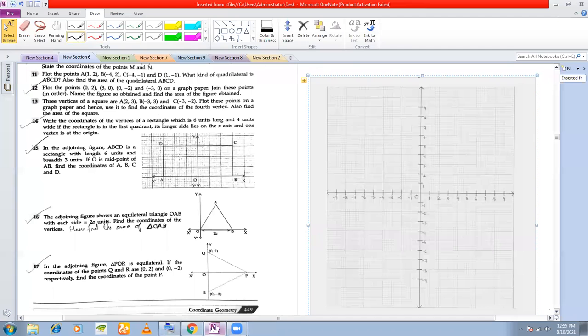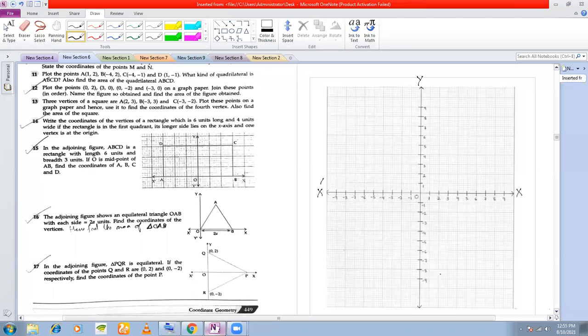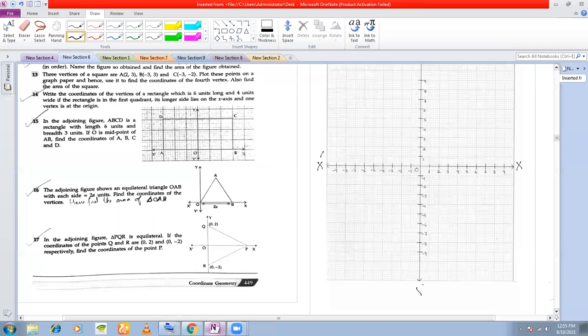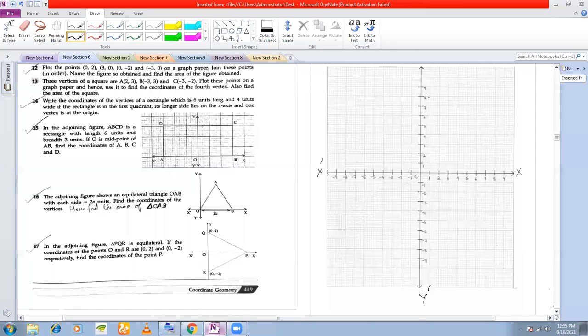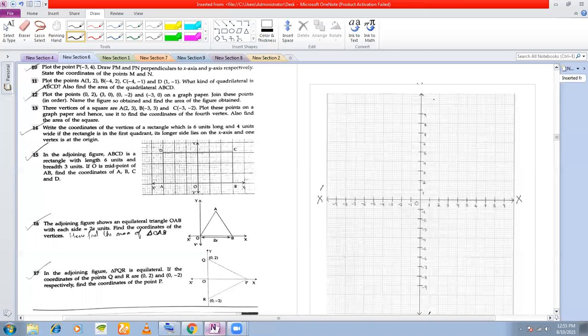So let's write here the y, x dashed x and y dashed axes. And let's write the scale also. One smallest division is equal to how many units? In this case, 5 divisions is equal to 1 unit. So therefore, 1 division is 1 by 5, 0.2 units. Am I correct?